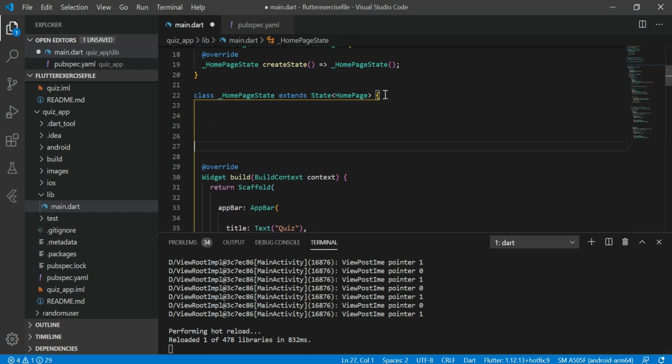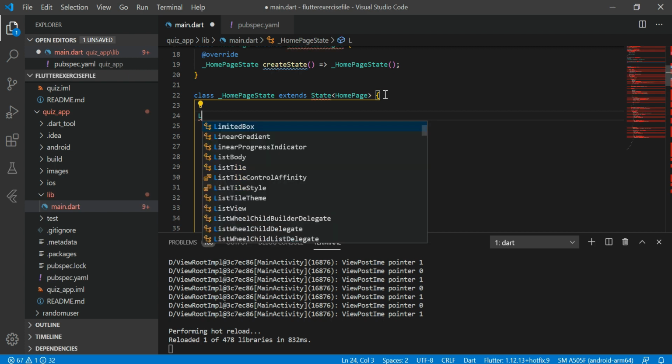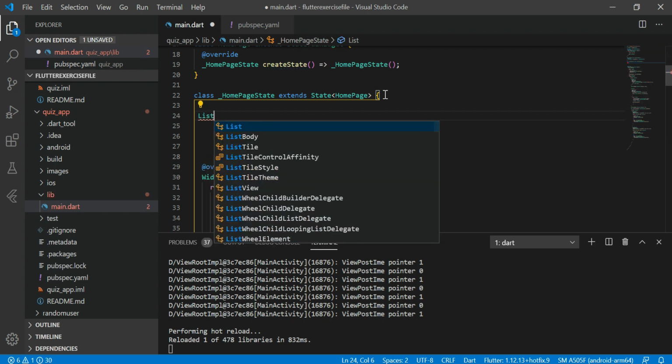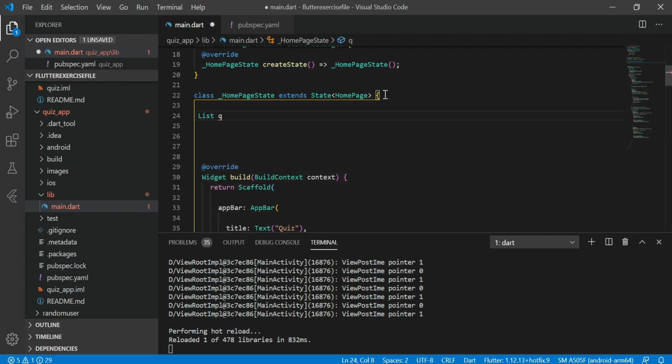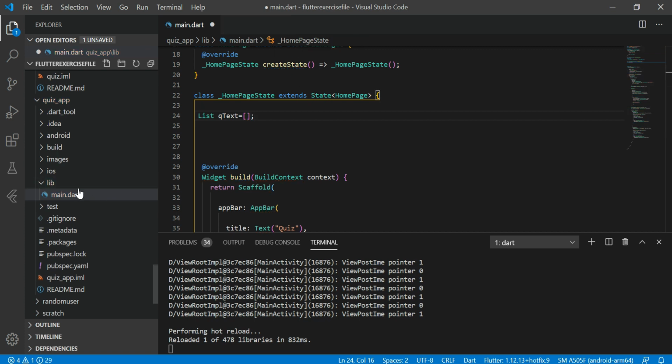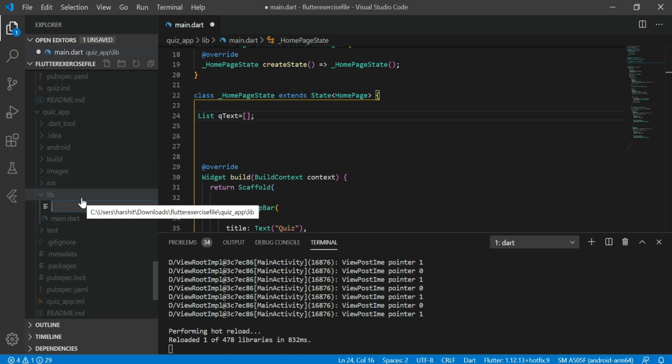To add multiple questions, we need to use a list. And inside the list, I'm going to implement 10 questions which I need for this quiz application. Fine. So let's name this quiz as Q text. Sorry. Now for simplicity of code and your better understanding, let's create a model class.